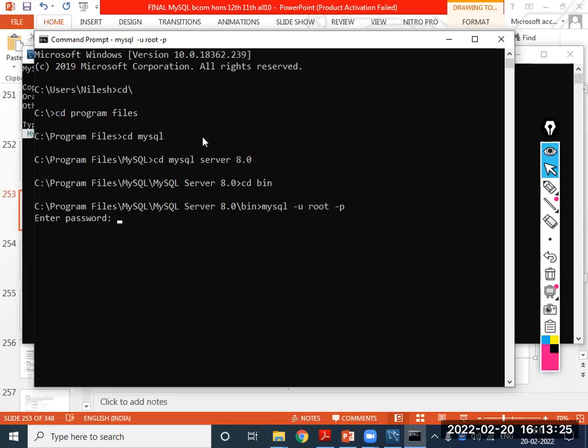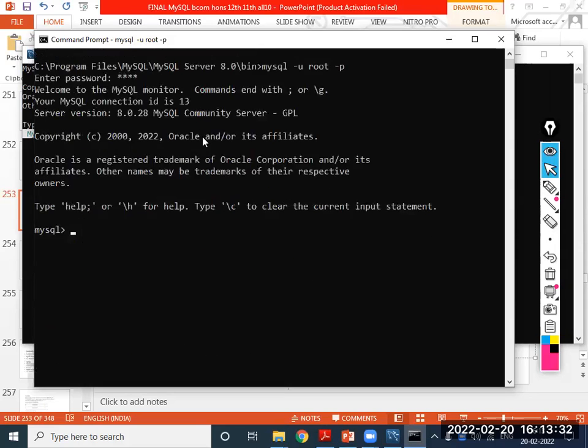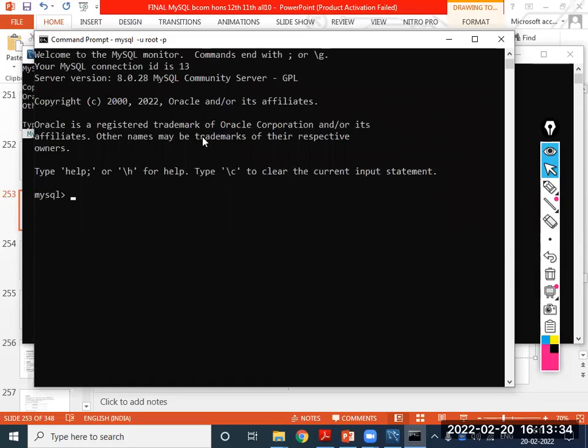Now the password will be asked. I'm using root as the username and root as the password. Now this will open, and now you can run commands.